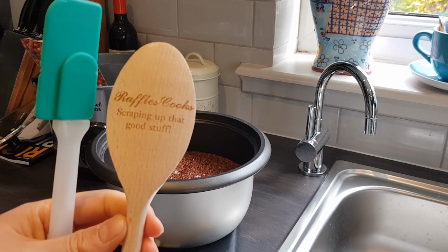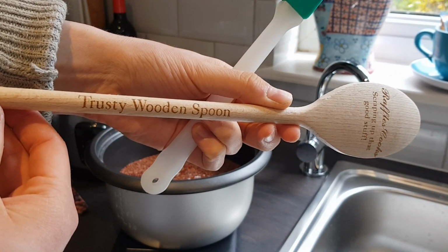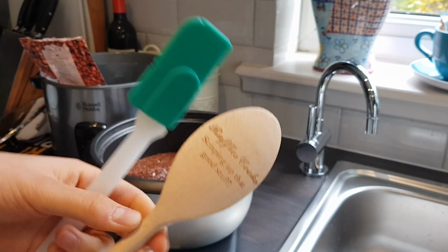Then stir down the sides using your favourite silicone spatula,